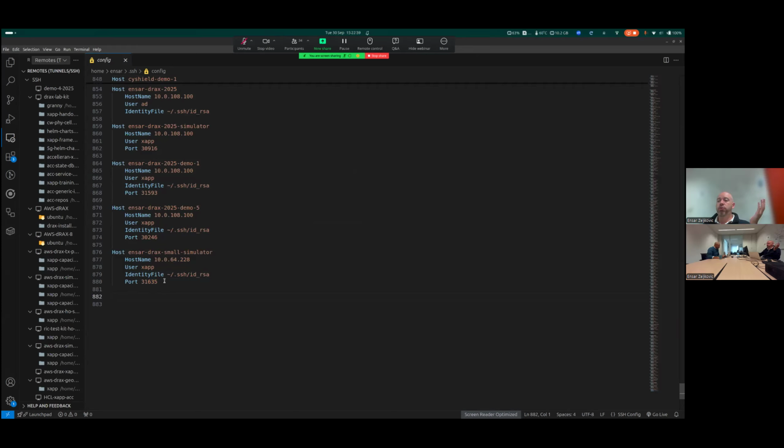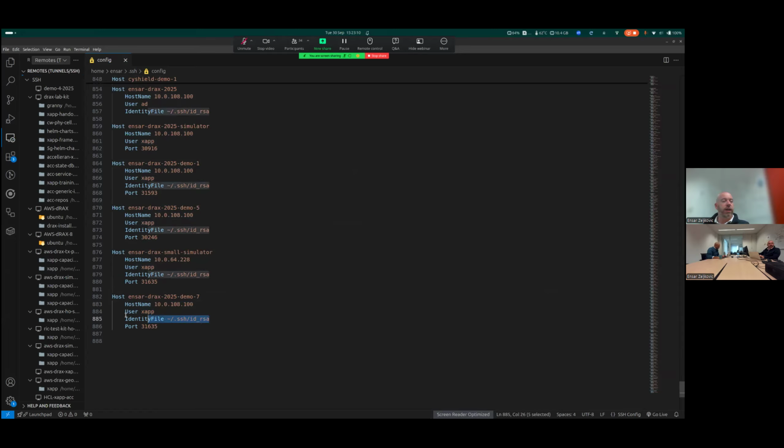Most oftentimes what I do is I just copy this blob over here, make sure that it's indented right, and then I'll name this demo 7, the xApp that we've just created. I'll adjust the IP address at which I'm connecting. Username is always xApp.